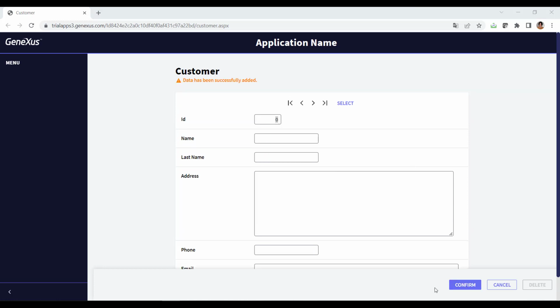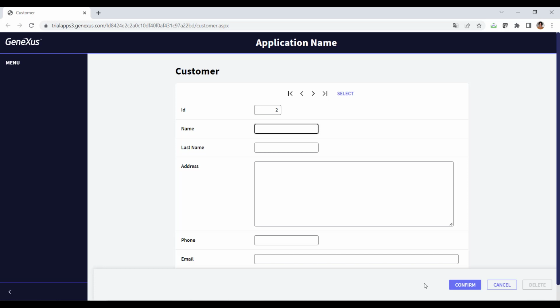We click on Confirm, and a message is displayed to inform us that the data has been successfully added. Meanwhile, the form is cleared and ready for us to enter another customer. Let's add the second customer. We identify her with number 2. Her name is Susan. Her last name is Brown.